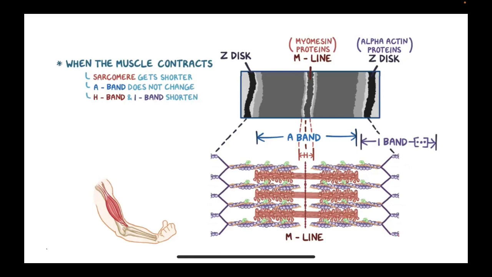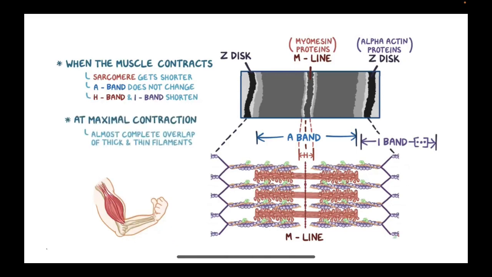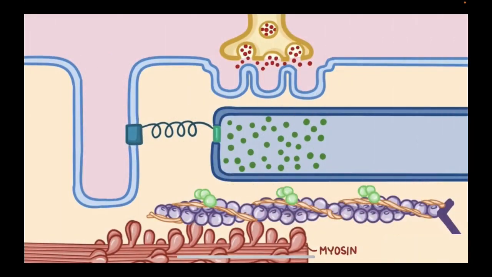As you can clearly see in this diagram, as the contraction increases, during maximum contraction there is almost a complete overlap of the thick and the thin filaments, and the H and the I bands are completely gone. Now if we were to zoom in and look at how the myosin in the thick filament interacts with the actin that makes up the thin filament, we would see